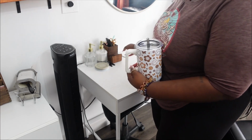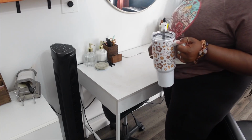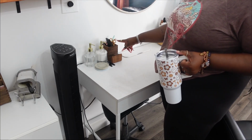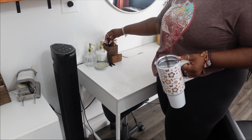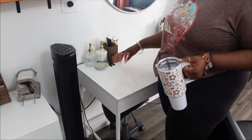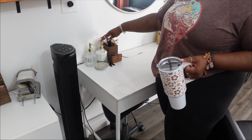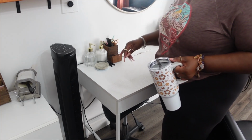This little tool, this thing I also got with the other one that was on the dresser from Walmart or Target, somewhere. But I just keep some shears, my remote, and just miscellaneous stuff. And I can set my phone up right here if I'm sitting at the actual desk. These I got from TJ Maxx. This is lotion, this is hand sanitizer,